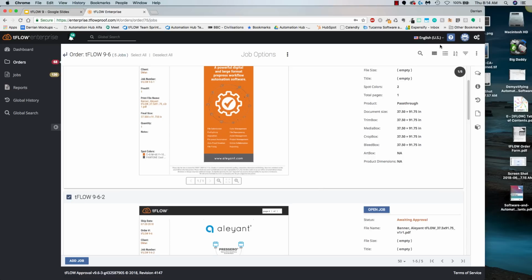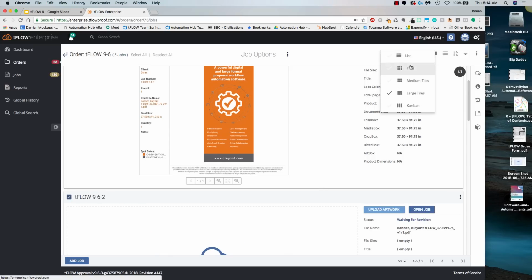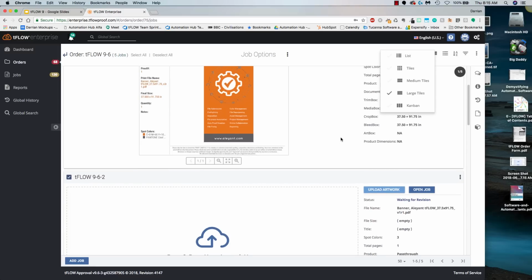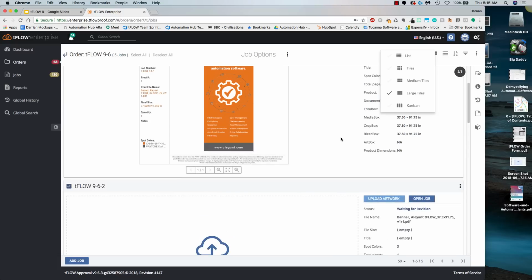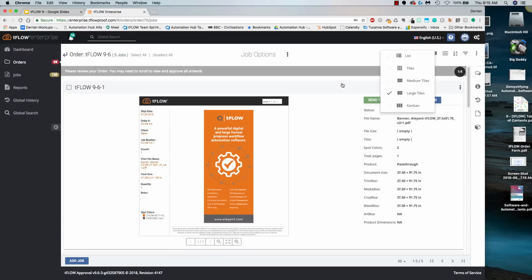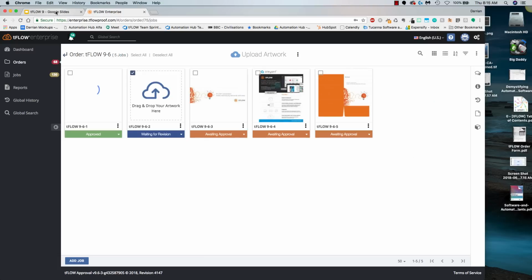So again, here in the list of views you have, in addition to the normal list and tiles and Kanban, which we've had for many months or years now, you now have the medium tiles and large tiles view, which I think is a much nicer way to interact with the jobs here in tFLOW. Okay, so let's go ahead and head back over here